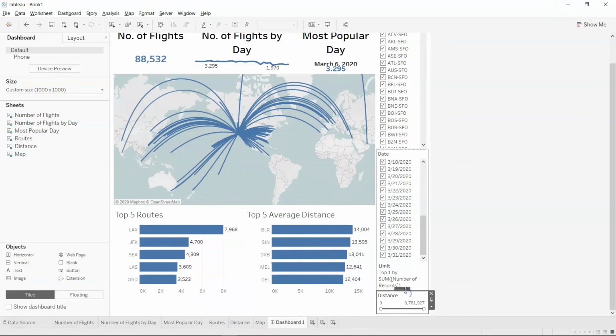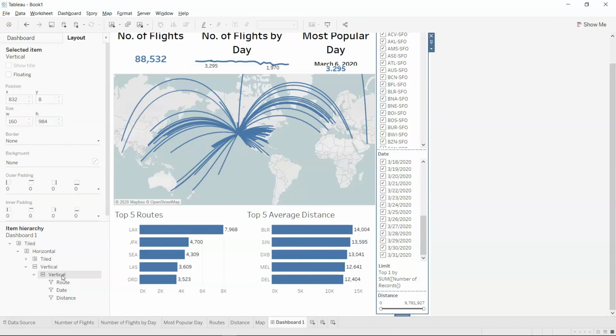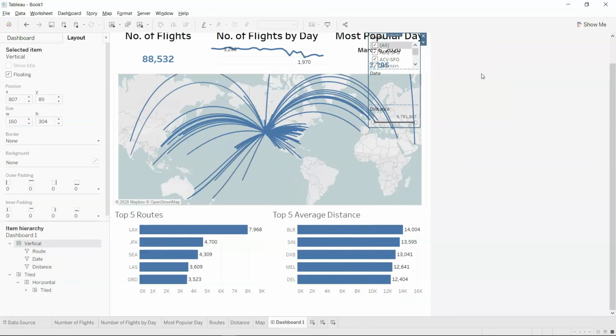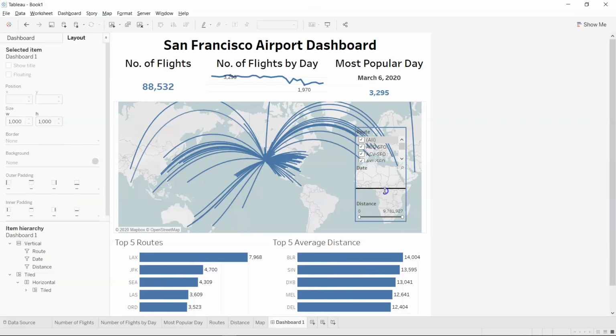And then finally the sum. Okay, so now if I go into the layout over here in tiled dashboard, vertical, we have this three. So I've just selected this where we have these three filters, and now I can come over here and I can make it floating. As I make it floating, you can see this is now a floating filter,